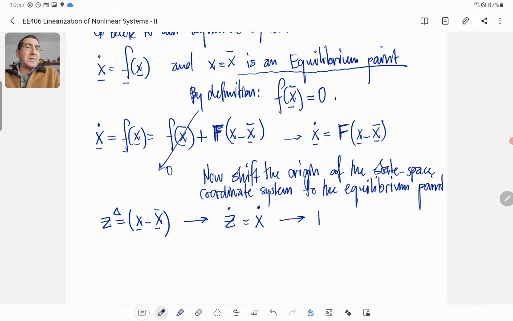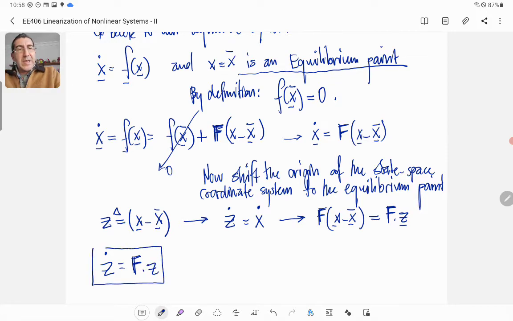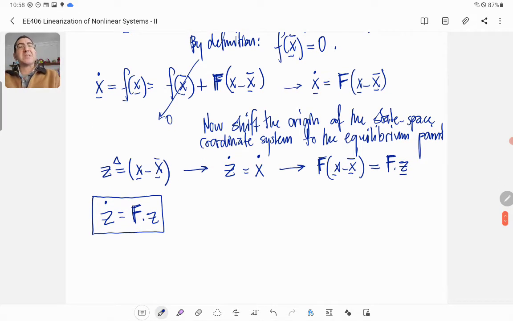And that means this expression f times (x minus x bar) simply becomes f times z. Okay? So we have z dot is equal to f, a matrix, times z. And this is now what we have as our linear approximation of a dynamic system rather than simply an arbitrary function. Okay, so this is called a linearization